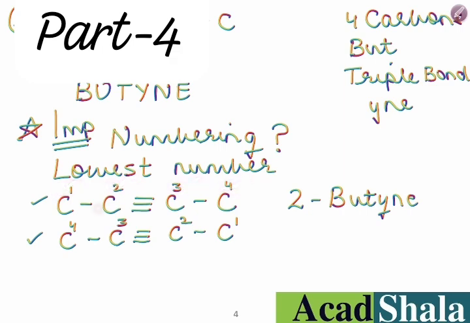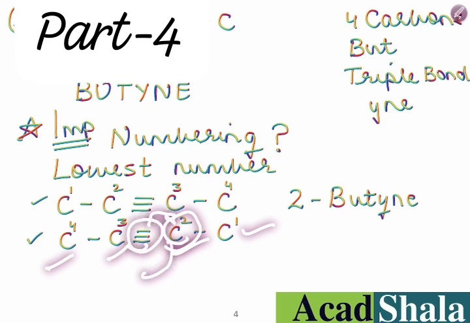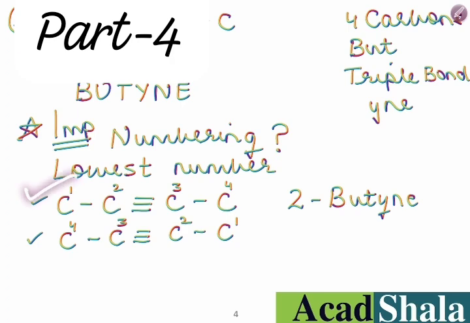So on the second carbon, the triple bond is attached, right? I will also do the numbering from this side, just to check from both sides which has the lowest carbon numbering. I will prefer that. I started giving the numbering 1, 2, 3, 4. The triple bond is attached with the second carbon. Whether I number from this side or this side, the number comes to 2, so it hardly makes a difference. It's okay. Now, what is the naming of this compound?